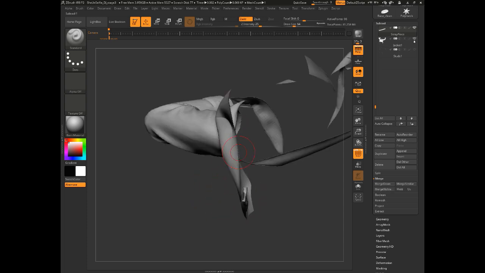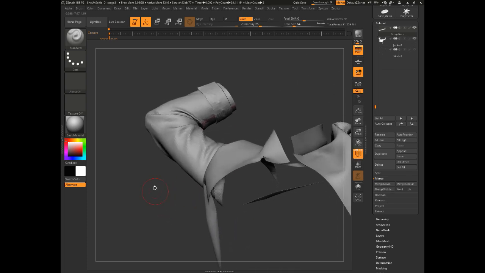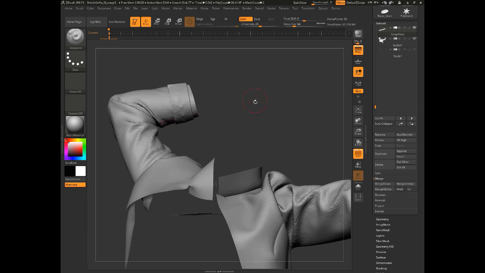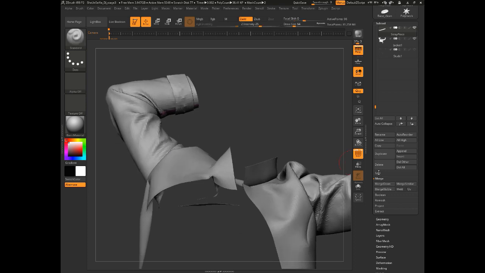But anywho, turning back on that jacket. So all we need to do is weld this stray piece here back into the jacket, and that's a good opportunity to mention, we've split something, but what about when you want to combine things? Okay, so in this case, we're going to use the merge option, which is right below split,